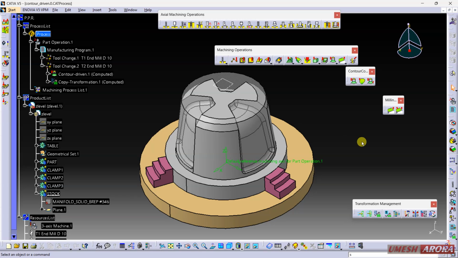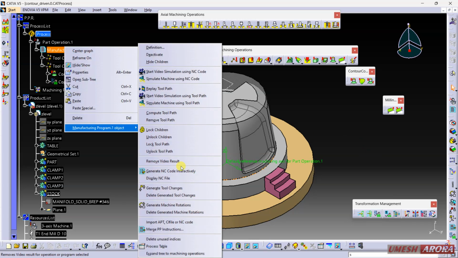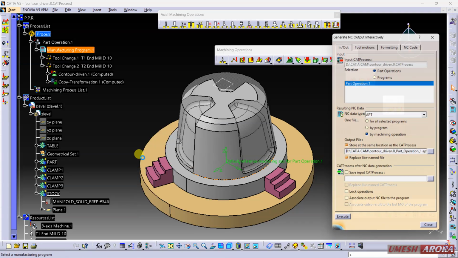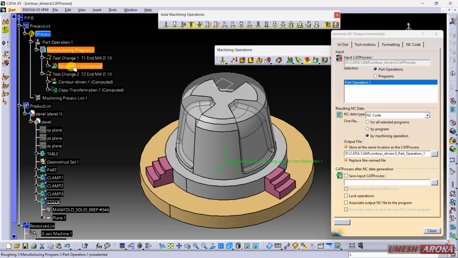Now come to this, and here generate NC code. I need NC by machining operation for all the operations, means 1, 2, 3. Like this it will generate the operation for all the machining operations.